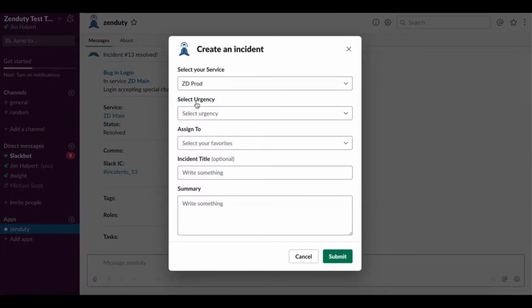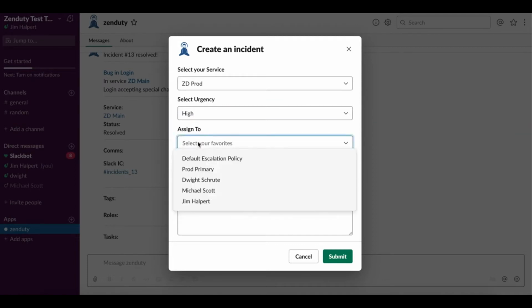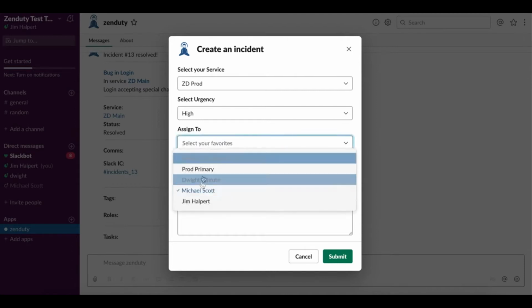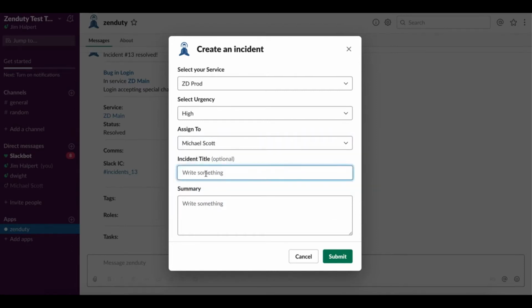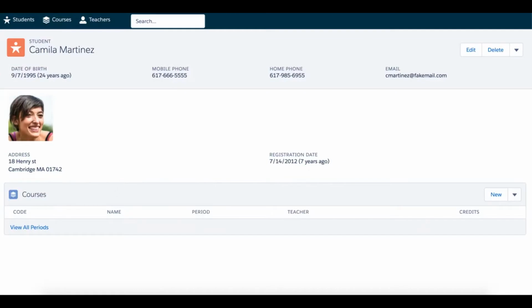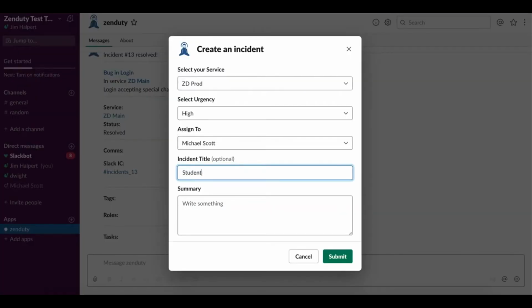I'm going to quickly create an incident. I'm going to make it a high priority incident because it affects pretty much all of our customers. I don't know what went wrong, but I've just detected this issue. I'm going to assign this to Michael, and I'm going to say that student courses not